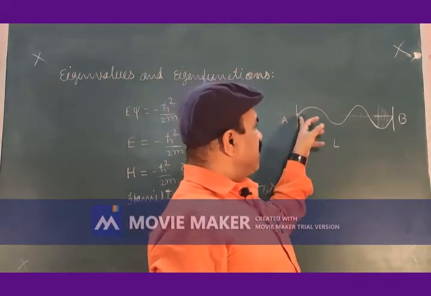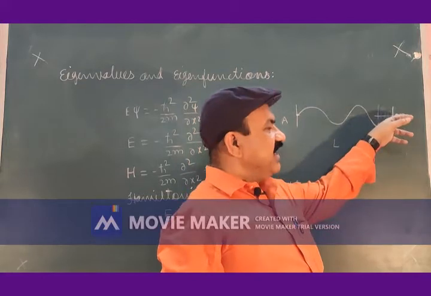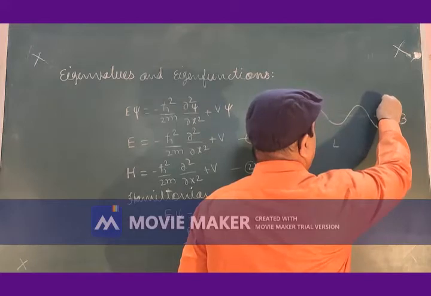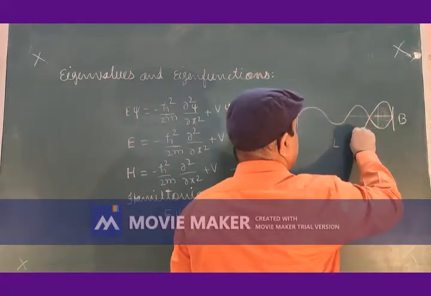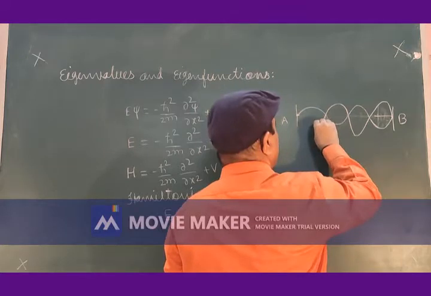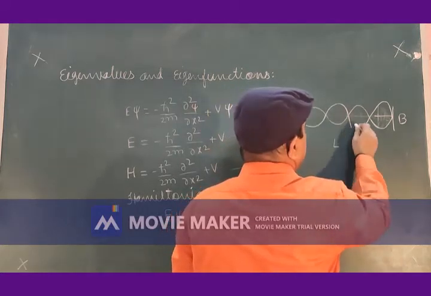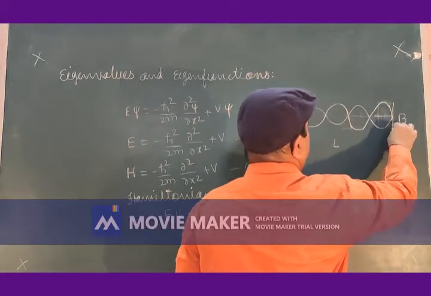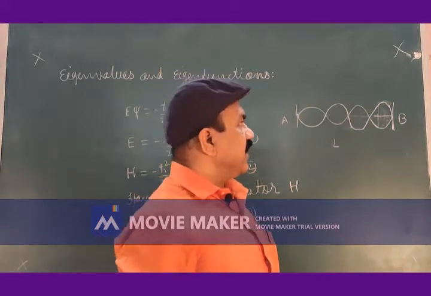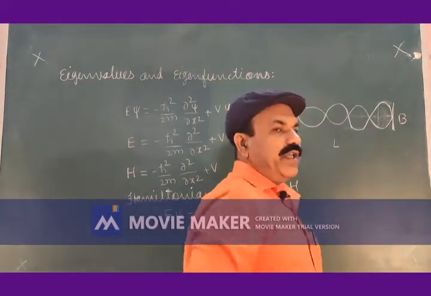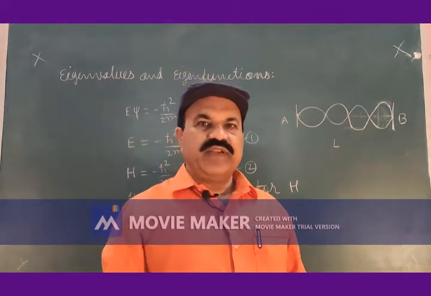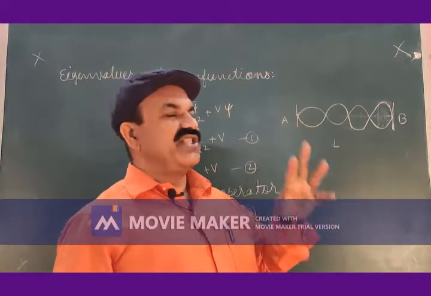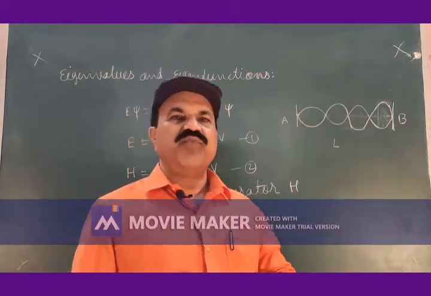If the waves are starting here, after coming here, it will get reflected, and reflection will cause the transverse wave to move in the opposite direction. So what do we see? If we have a stretched string fixed at the ends and transverse waves are set up in the strings, the waves are not moving in one direction.